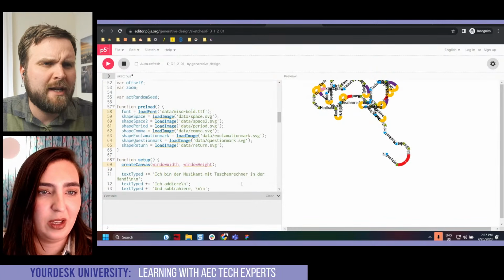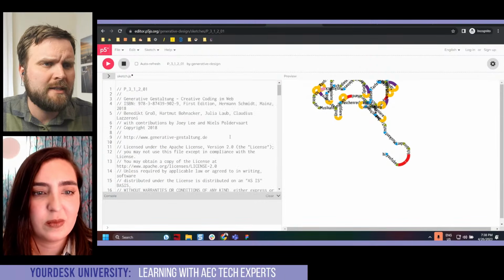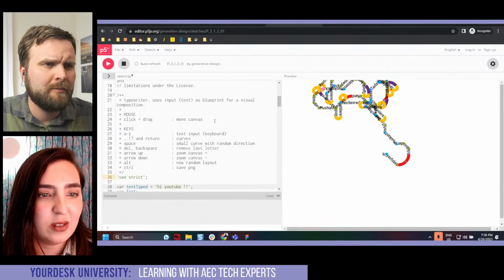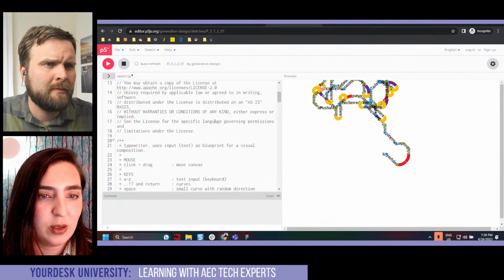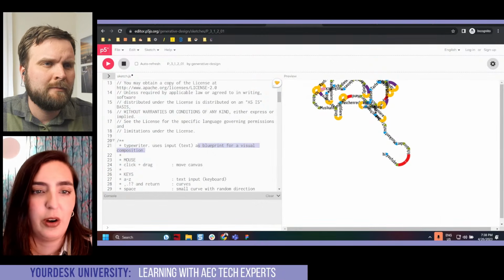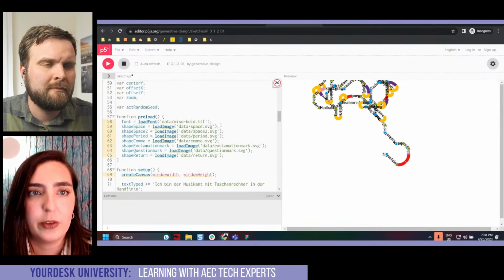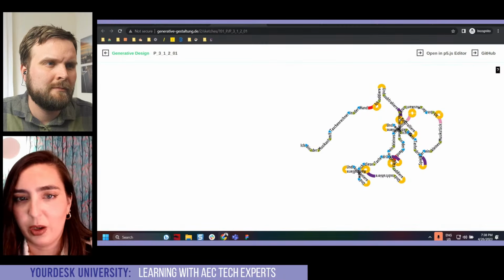So the coordinates adjust algorithmically from the text that's input. Is that what you're saying? Yeah, this one is text used as a blueprint for visual composition. Each of these is thought out in a really unique way, and I think they're pretty cool, all of them. You can really go